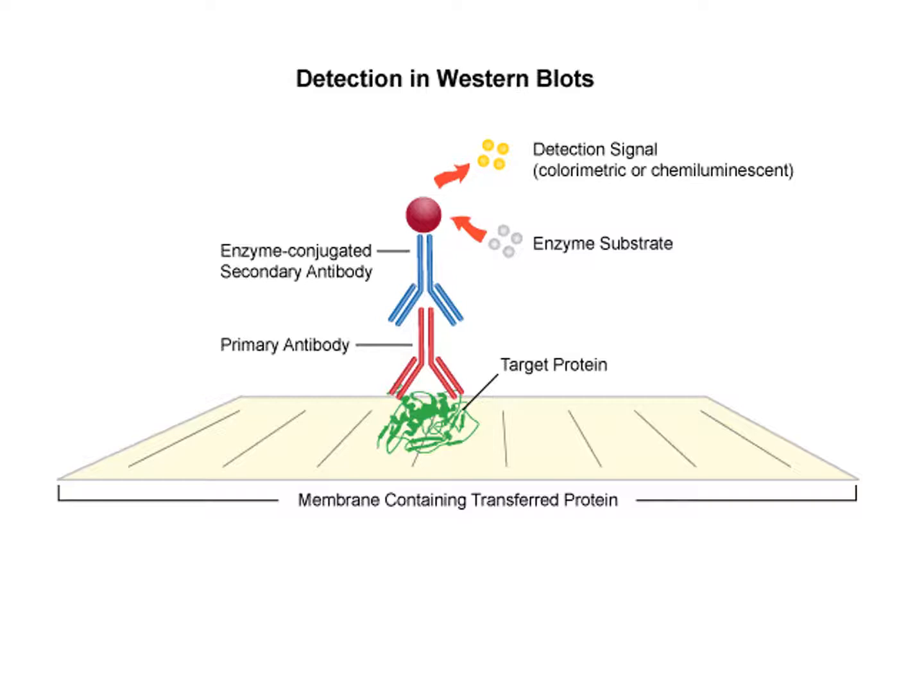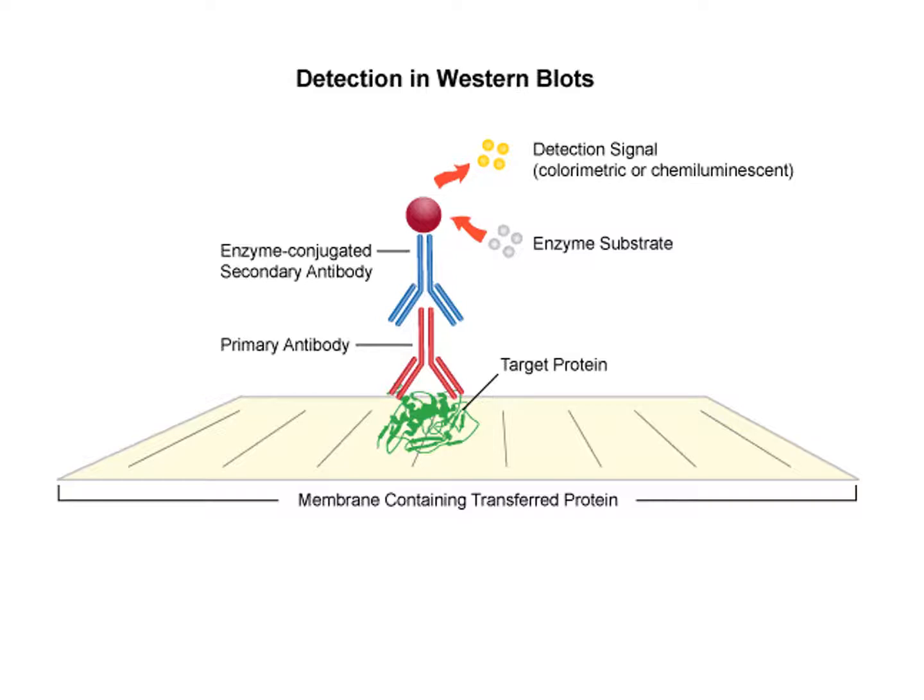Here's just another figure showing the protein, primary, secondary detector here. This could be an isotope if you want exposed to X-ray film, but there are different methods of detection in Western blotting. And again, as many antibodies as you have,